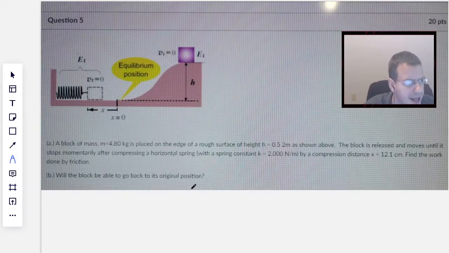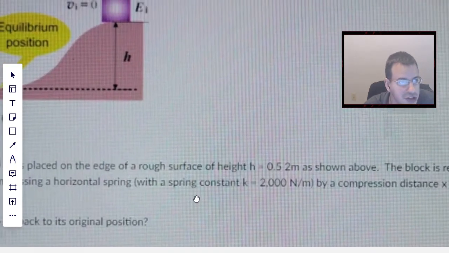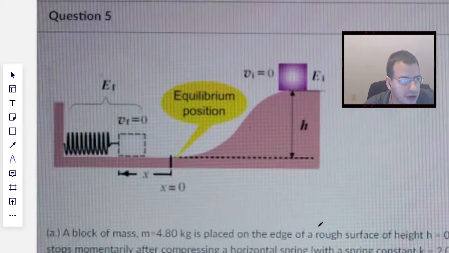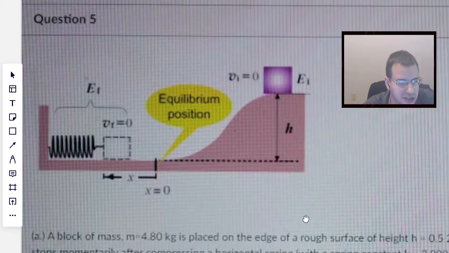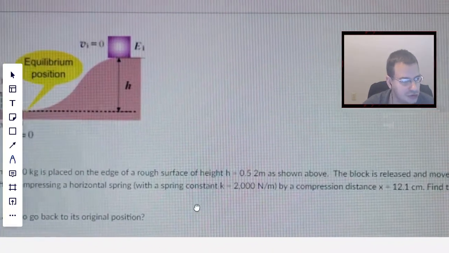A block of mass 4.8 kilograms is placed on the edge of a rough surface of height h equals 0.52 meters, as shown above. The block is released and moves until it